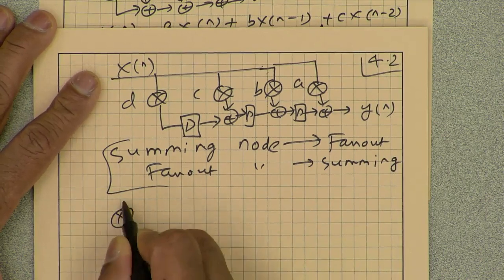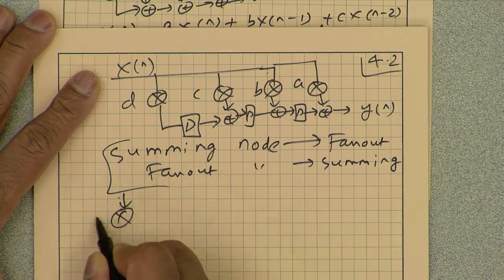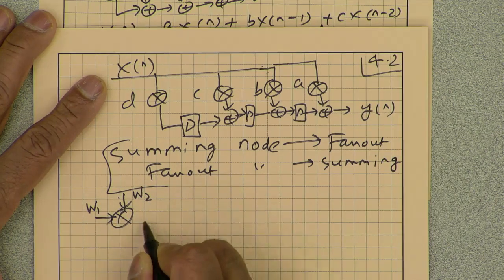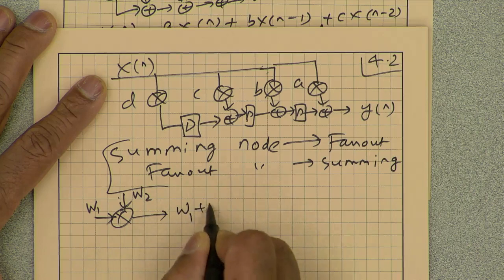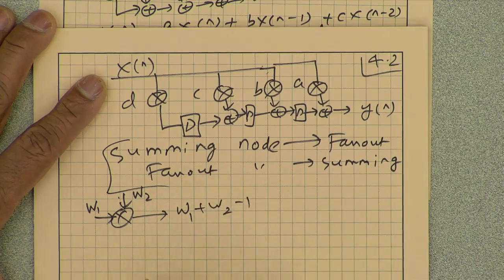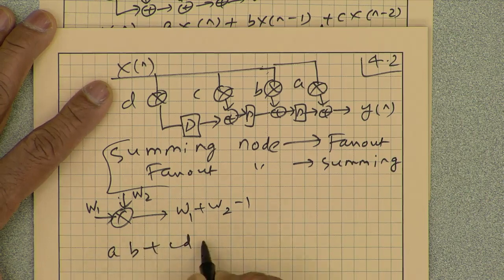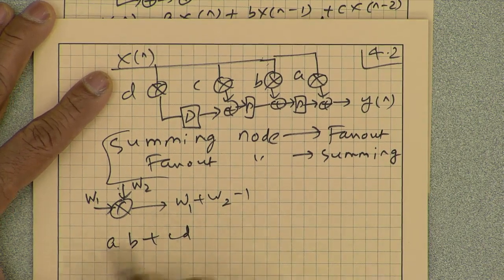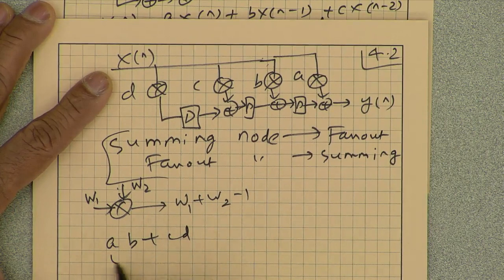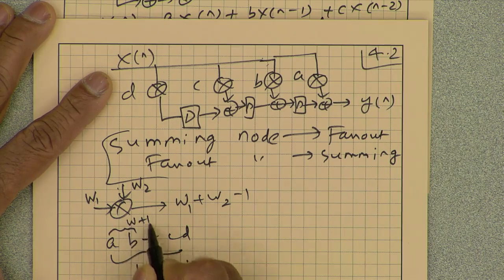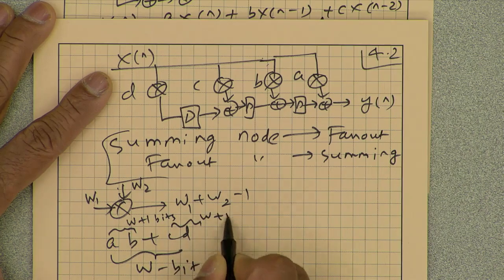So if we have a multiplication operation that multiplies a W1 bit number by a W2 bit number, the result is W1 plus W2 minus 1 bits. And if I am computing AB plus CD, let's just say that each of these is W bits. So A, B, C, D are all W bits. So AB will become W plus 1 bits, CD will become W plus 1 bits,